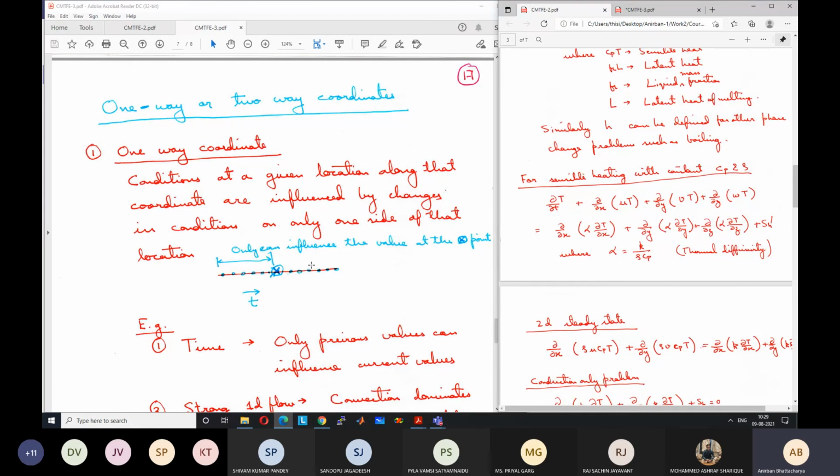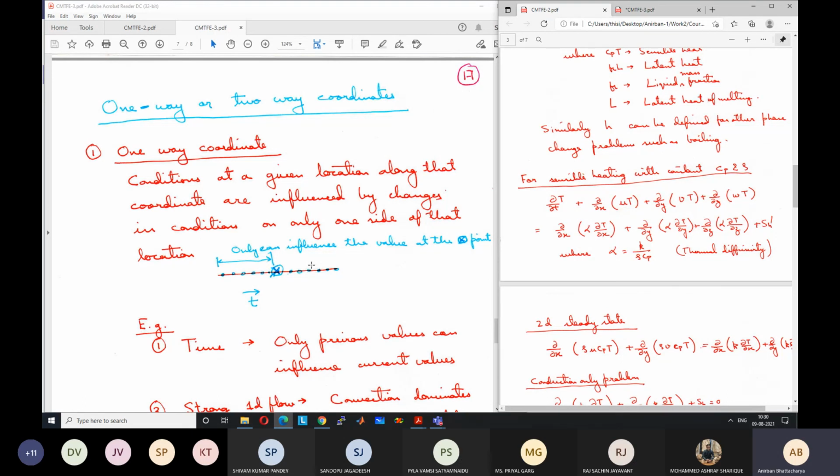So for 10,000 points, we have to store the temperature. But we do not need to store the 10,000 points' temperature for all 100 time steps. If we store for all 100 time steps, it will lead to 1 million temperature values. But we can just store for two times, previous and current. So instead of 1 million, we can just store 20,000 points. So it will dramatically reduce the time required.